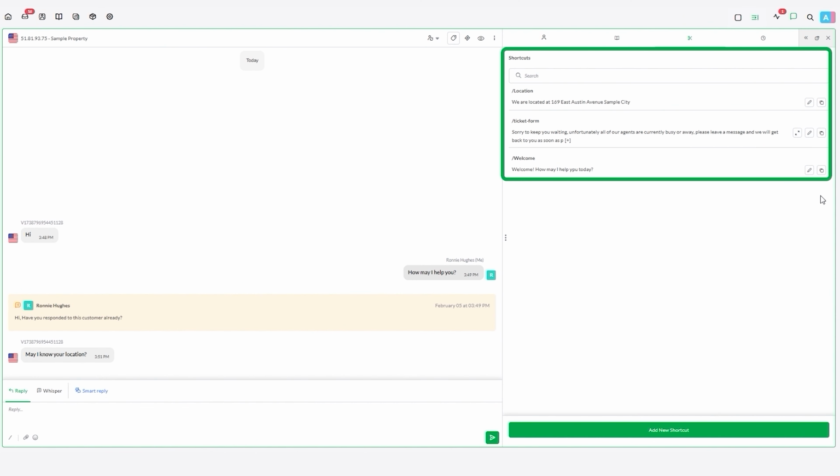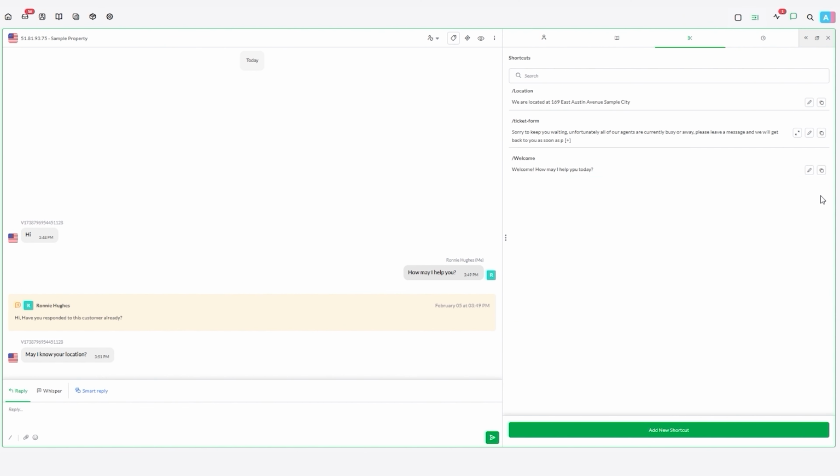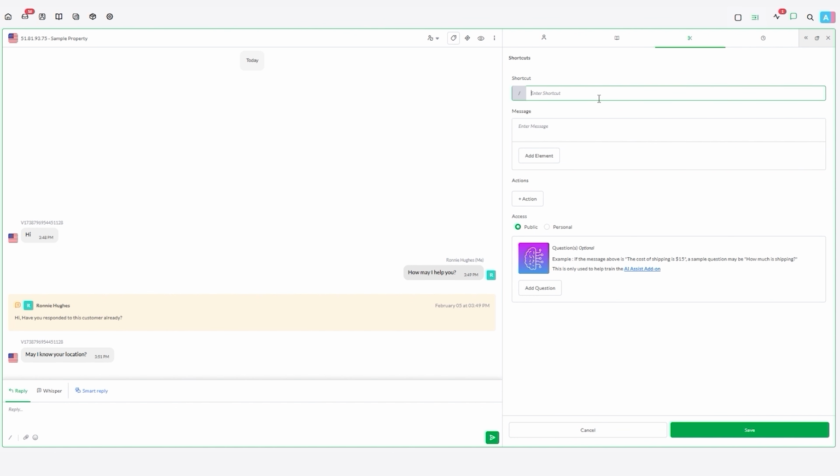Shortcuts are response templates that let you quickly and easily reply to common questions. It's a huge time saver for agents. For example, if a lot of customers ask questions about your working hours, you can create a shortcut. To create a shortcut, open the Shortcuts tab, click Add New Shortcut, enter a name for the shortcut, in this case, hours,